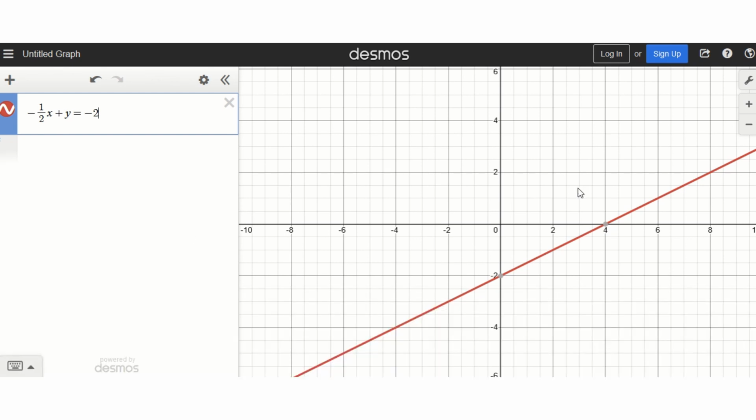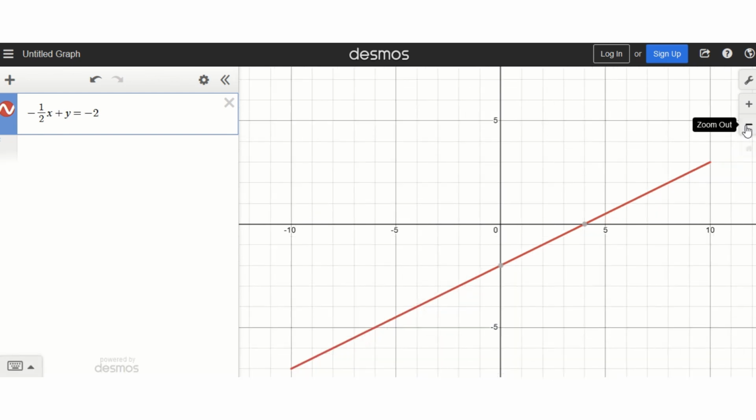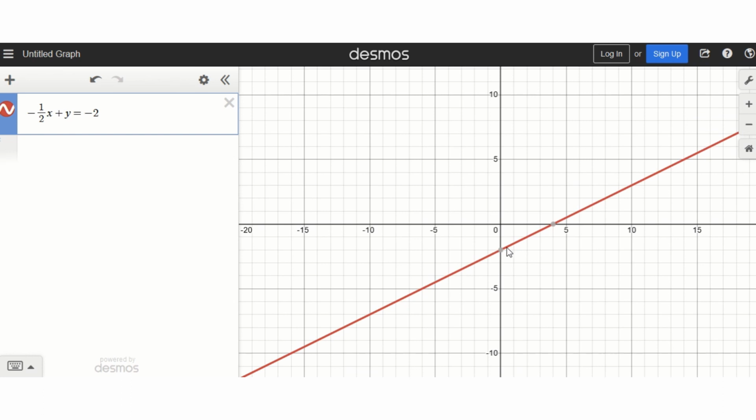I will now hide the keypad to show you the graph. Let me zoom out a little bit. So you can see it meets the y-axis at the y-intercept 0 comma minus 2 and the x-axis at the x-intercept 4 comma 0, and definitely it is the graph of a straight line, minus 1 by 2x plus y equal to minus 2. So this is how you simplify your graph and use the Desmos graphing calculator to solve